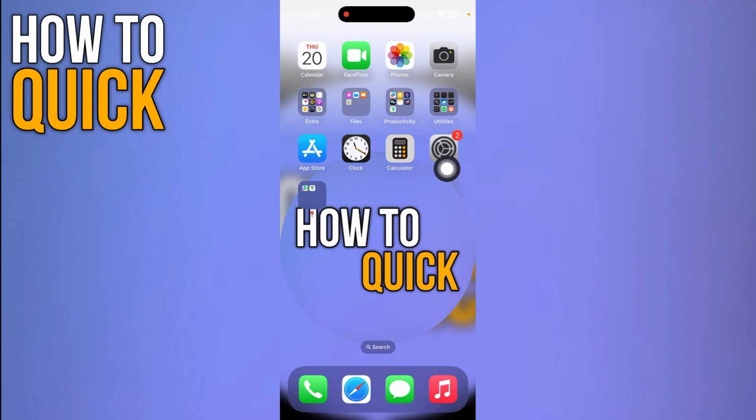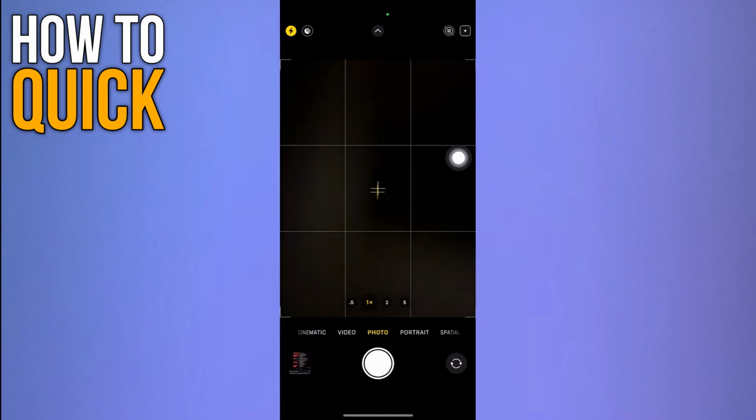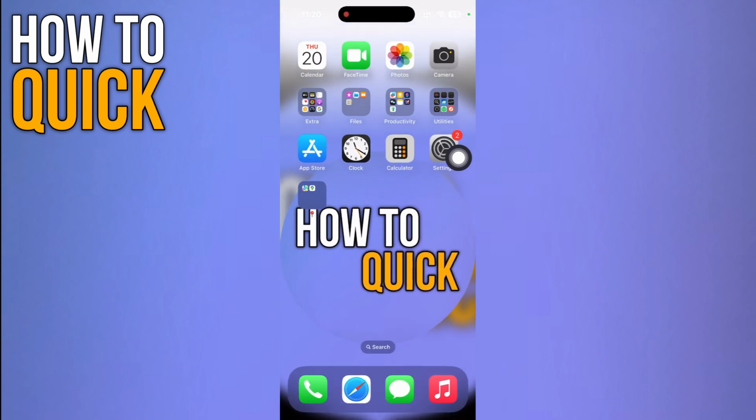So let's dive in. First, open your camera, and if you're facing the focus issue, just flip your phone and clean the lens of your camera. That's the first step. If the lens is clean and you're still facing the issue, simply go to the settings